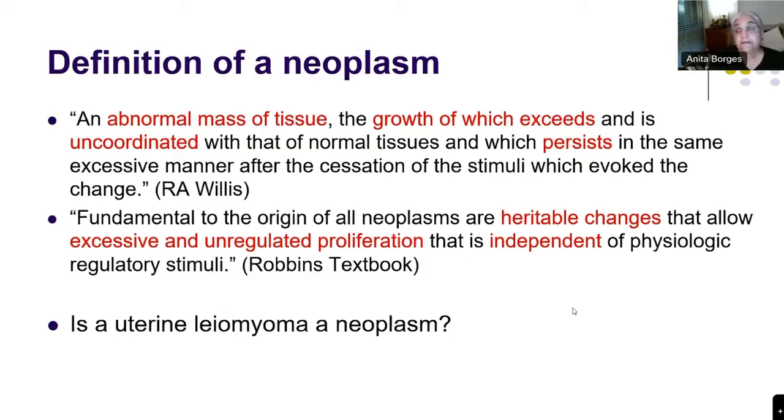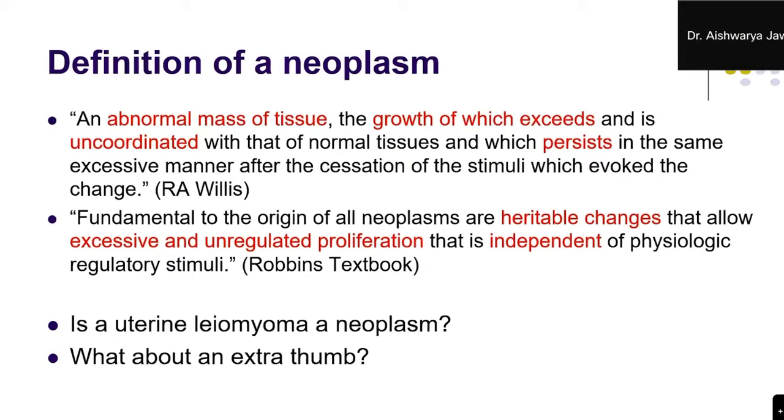Okay, fine. So obviously there are parts of this definition that do not apply to a majority of benign tumors. Yeah, even fibroadenomas shrink. Fibroadenomas actually become hyalinized, and some of them actually disappear. Okay, so you get certainly to many benign neoplasms. Okay, is there anything else that we need to worry about? Now I'll ask you. Okay, tell me this. What about an extra thumb? Gurtej, is an extra thumb a neoplasm?